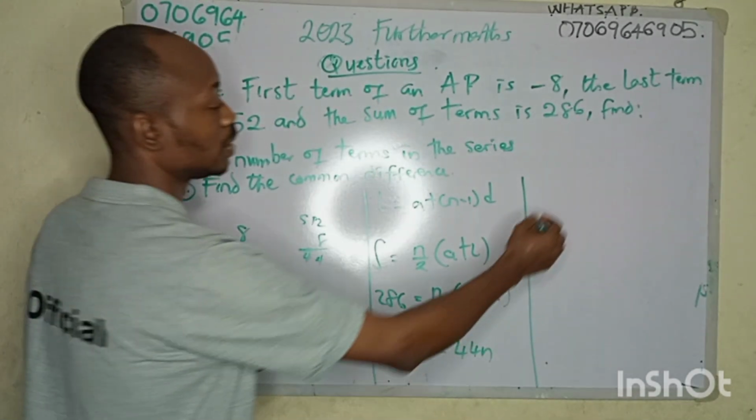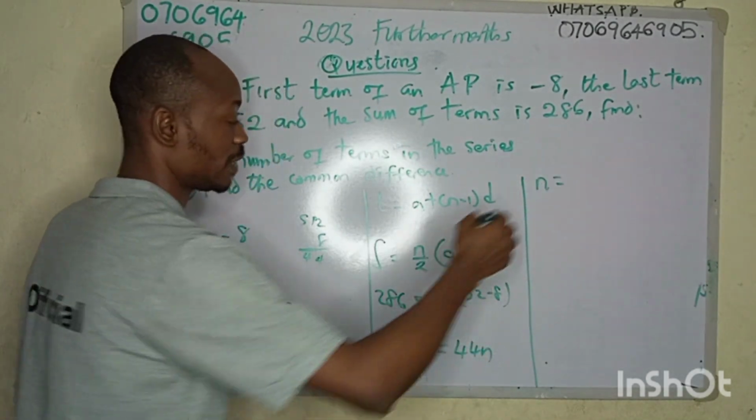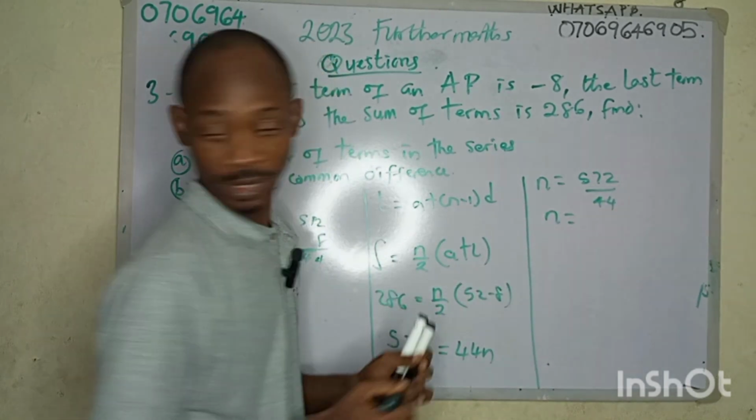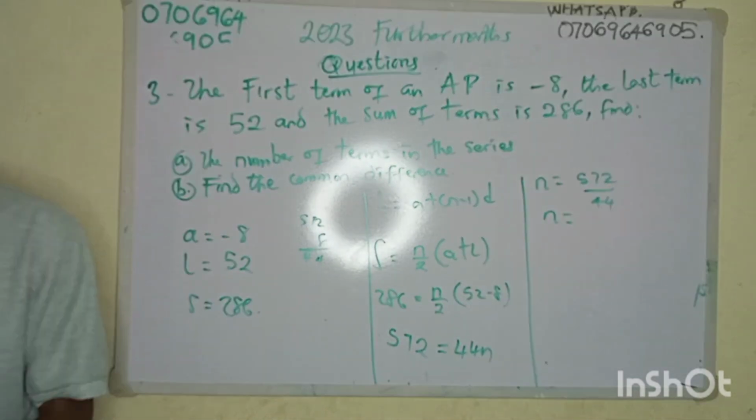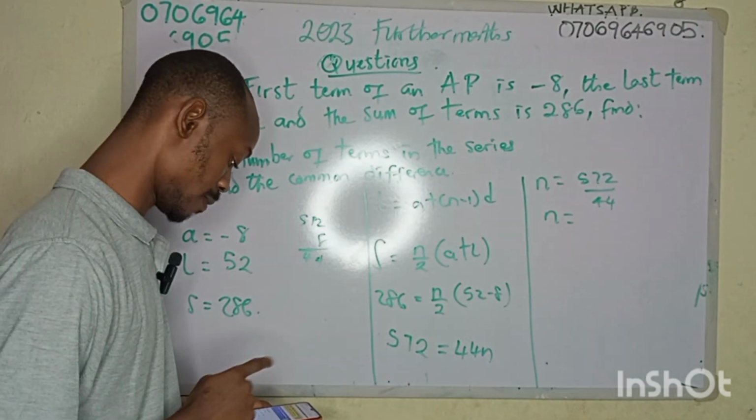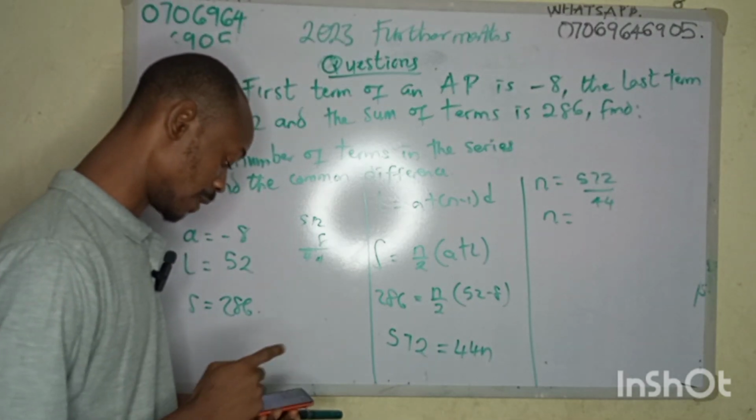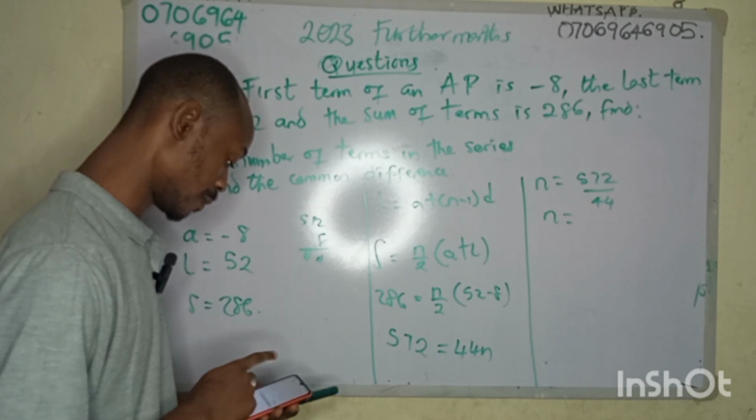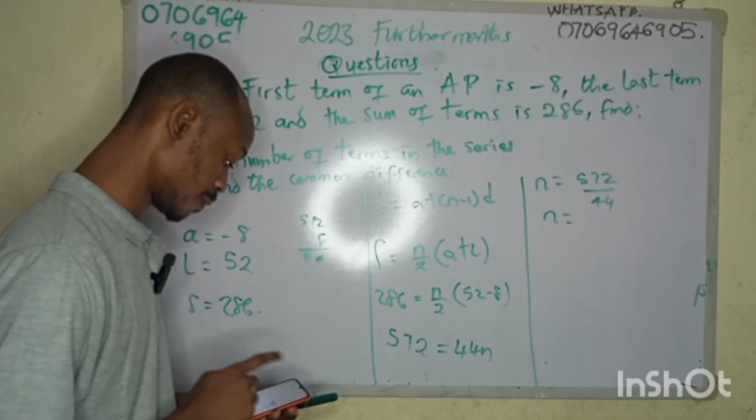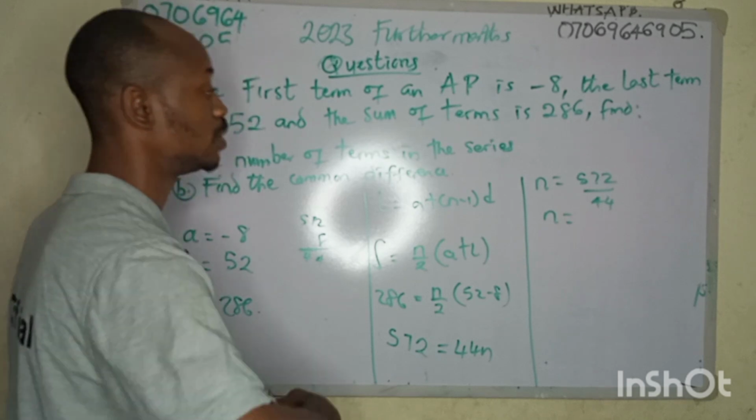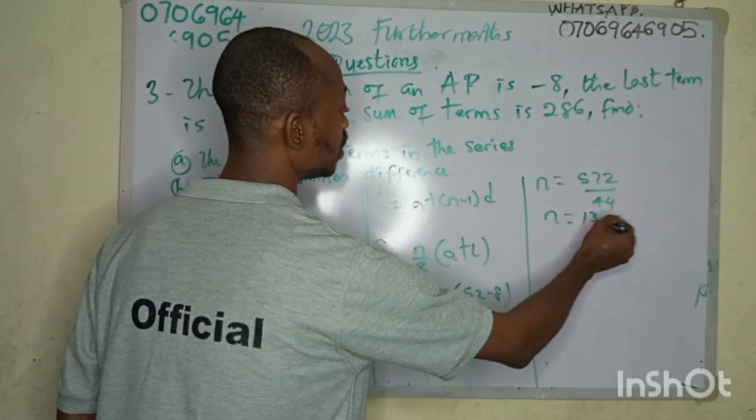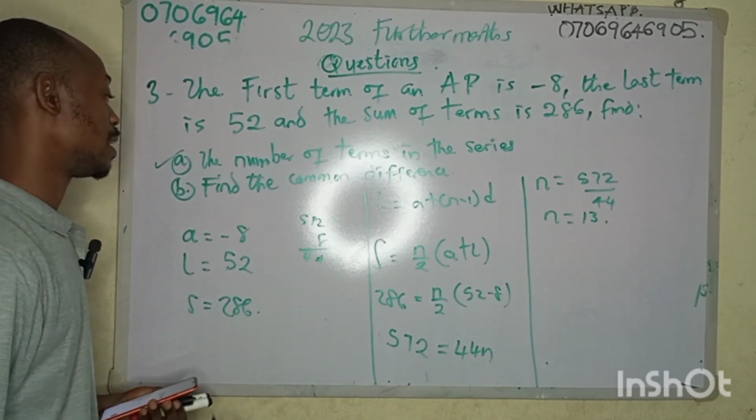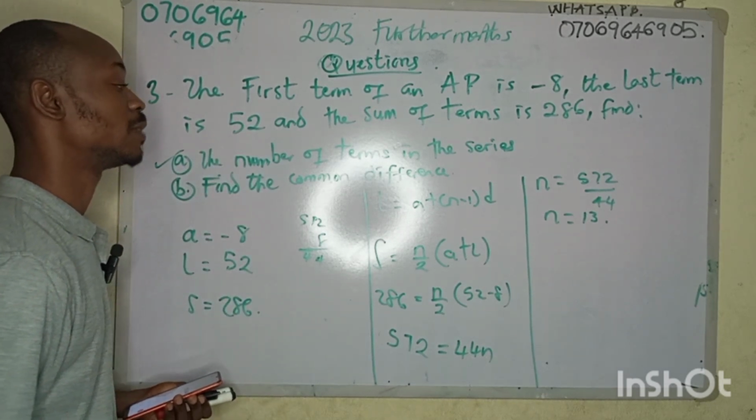Then we can get the number of terms to be equal to 572 divided by 44. That's going to give us 13. So the number of terms here is 13. So that's the first question, the number of terms in the series. And then the second question says to find the common difference. Of course,